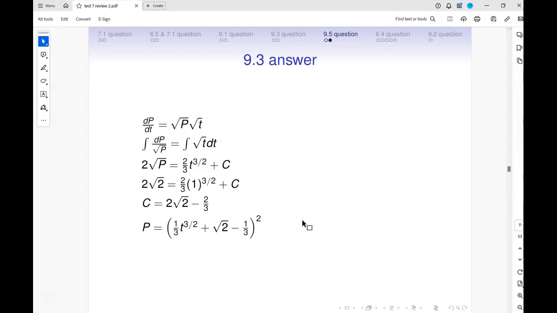So this is p to the negative 1/2 dp. When I do the antiderivative, I add 1 to the exponent, making it p to 1/2 divided by 1/2. And that simplifies to 2 root p. Is that